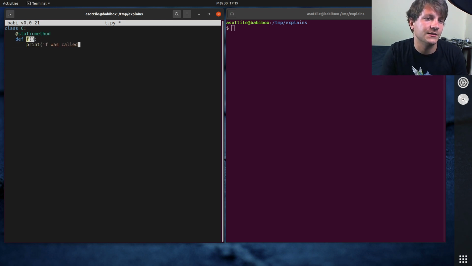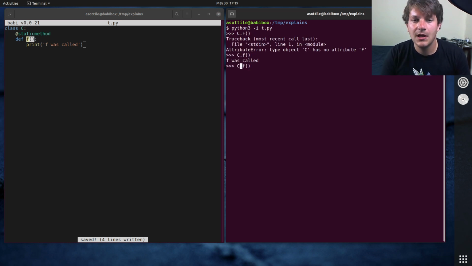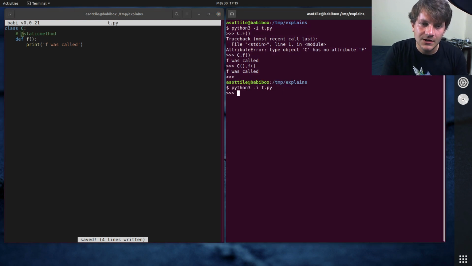F was called. And independent of how this gets used, python3 -i t.py, so if you do c.f, c.lowercase f, you can call the function. You can also call this on an instance of the class, and f will be called in either place. And there's no special method stuff here. If we didn't have the static method here, you could still call it on the bare class itself, and this